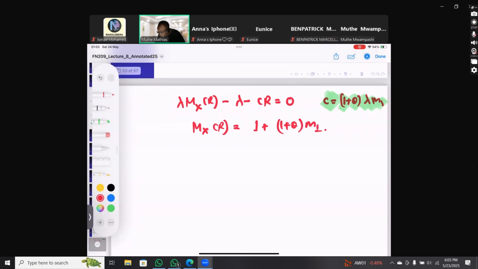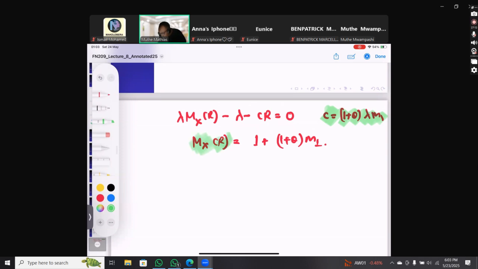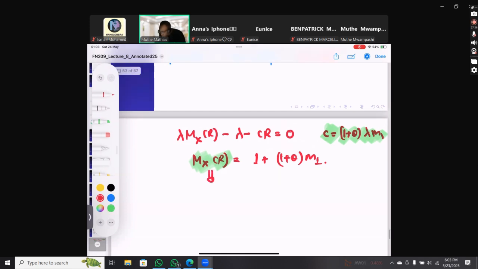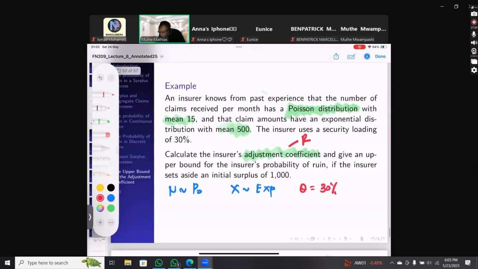Then because we have everything, what you have to remember is that this moment here, any moment of X, because remember you have two distributions. You have the number, and then you have the claims amount. So don't confuse the two. So I mean a moment of the Poisson distribution. Here we are interested in the moment of the exponential distribution. Why? Because we have been told that claims amount have an exponential distribution with mean this one here. So you have, let's say, a Poisson with parameter lambda, and an exponential with parameter beta, right? So just remember that.